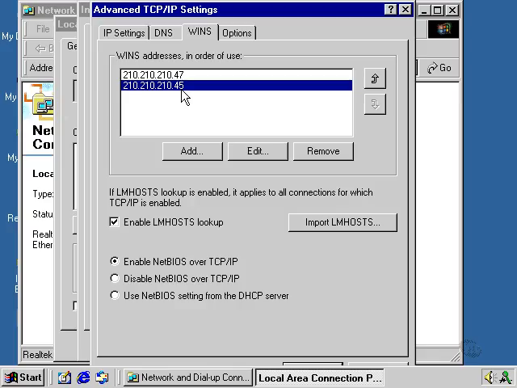But before it denies the client, it checks to make sure that the machine that's registered to use that NetBIOS name is still on the network. The way it does this is it sends out a challenge. The challenge goes to that particular machine that's already using the NetBIOS name. If that machine is online, the WINS server comes back and says, okay, that name's already registered, and it denies